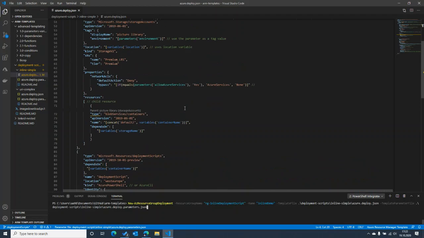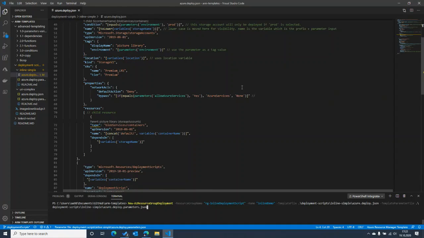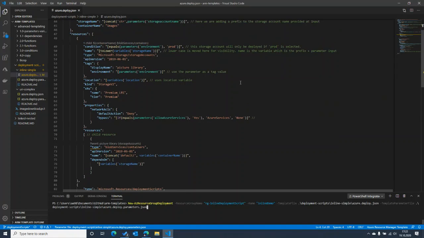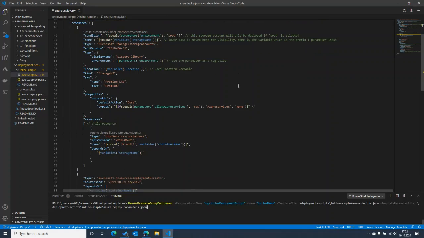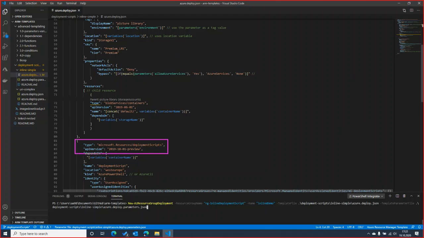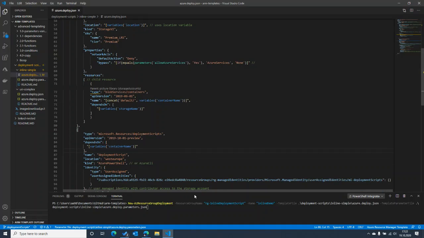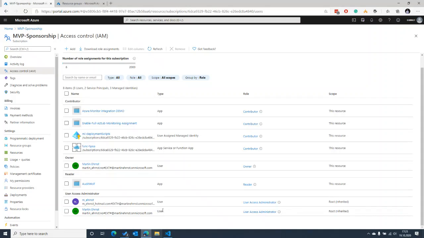So we are continuing from our previous streams, where we deployed a storage account. In one of our previous demos, I copied that demo and added in a new resource, which is the deployment script. It will depend on the storage account container in this case. So it will first provision a storage account and then run the deployment script itself. I can fire it off and we can quickly jump into the Azure portal